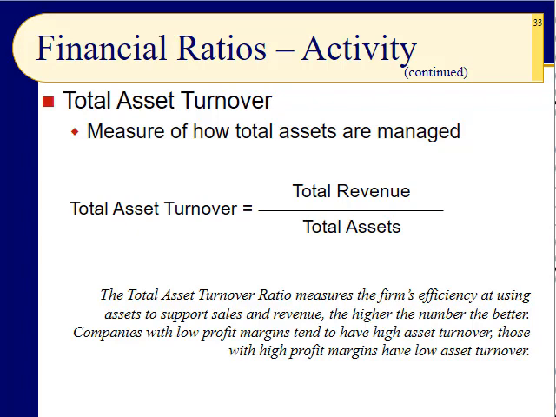Whereas if you have high profit margins, you don't sell that many jet fighters. So you have low asset turnover, but you have a high profit margin because that's how you survive. So in this case, we take the 155,900 that's been our total revenue, divide that by the total assets. Where do we find that? On the balance sheet. And if you remember, you can stop the presentation and go find it. It's 258,540. So we take that total revenue divided by the total assets, and we get a number about 0.6